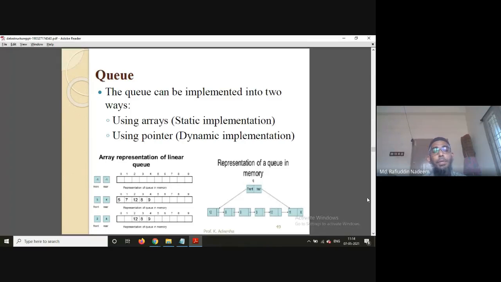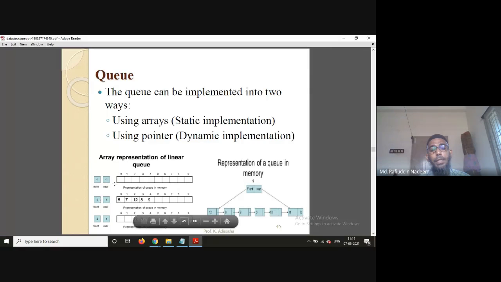If you observe in the figure, we have a front which is assigned to -1 and rear is also assigned to -1. As the elements are inserted, the front is assigned to 0 and the rear is assigned to 4 in the next diagram. If you want to remove an element, I will just increment the value, I will shift the front value to the next item.